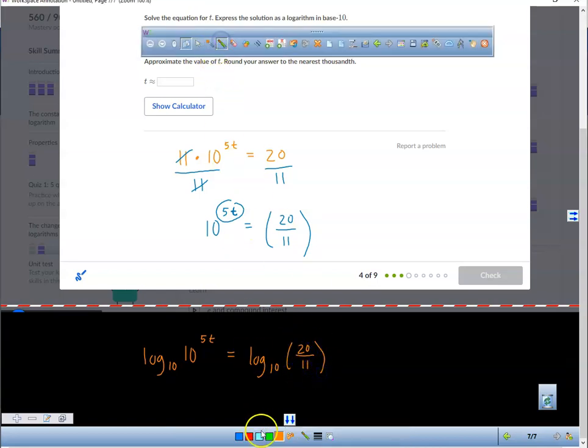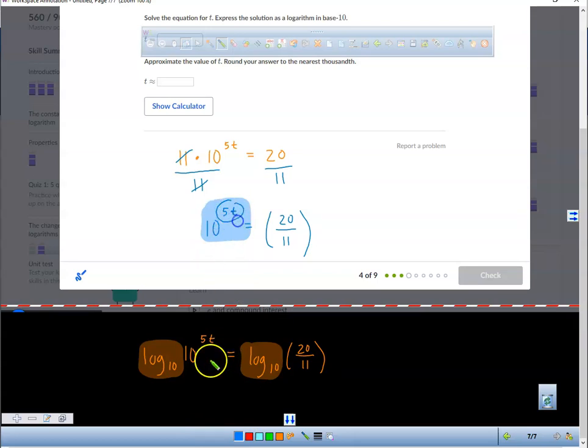I'm going to highlight what I applied to both sides because I really haven't changed anything. Whatever you do to one side, you have to apply to the other side. So notice, what did I keep? I kept 10 to the power of 5t, and I kept the 20 over